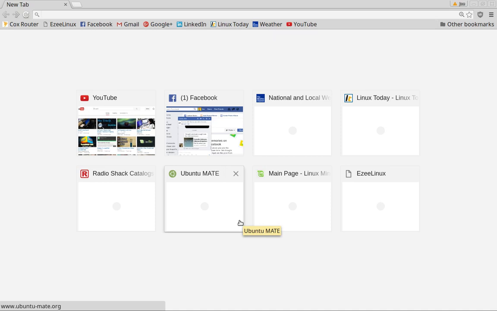Of course, there is Chromium, and Chromium is the open source version of Google Chrome. So if you want the Chrome experience, but you don't want the Google part, you could try that. Most everything works in Chromium that works in Chrome. And you can even hook it up to your Google account so it will keep all of your bookmarks and things synced in the cloud.